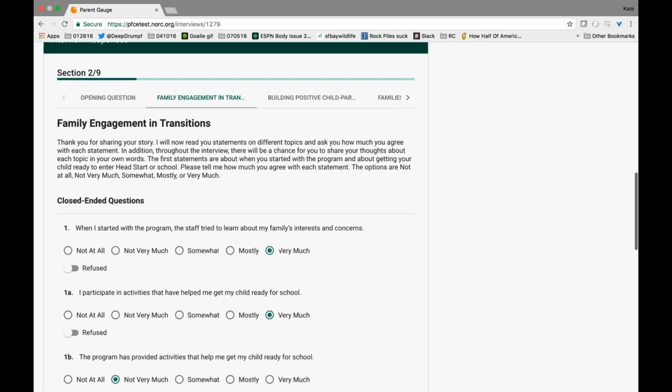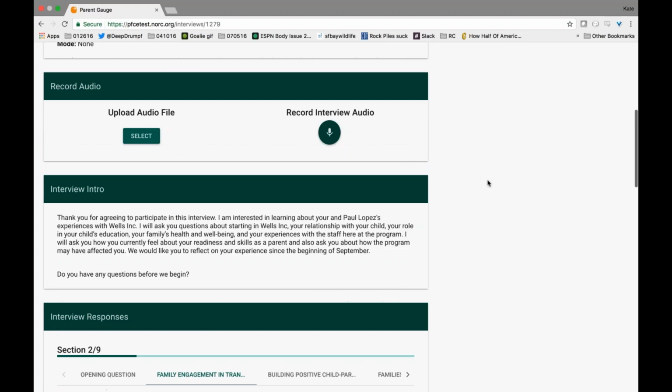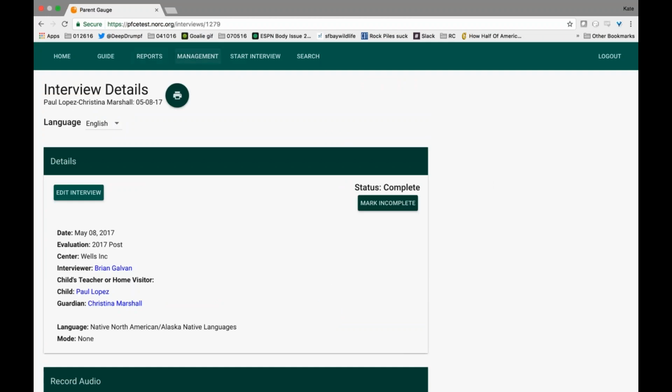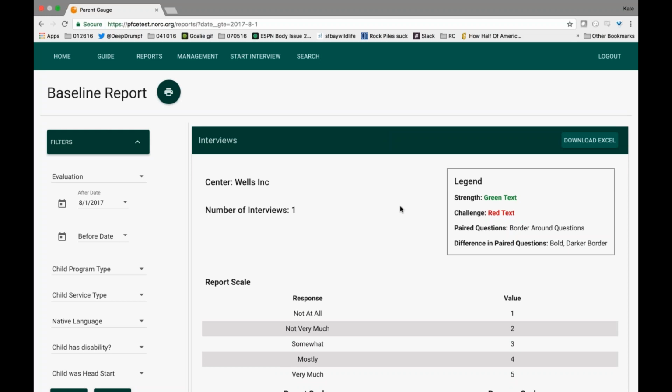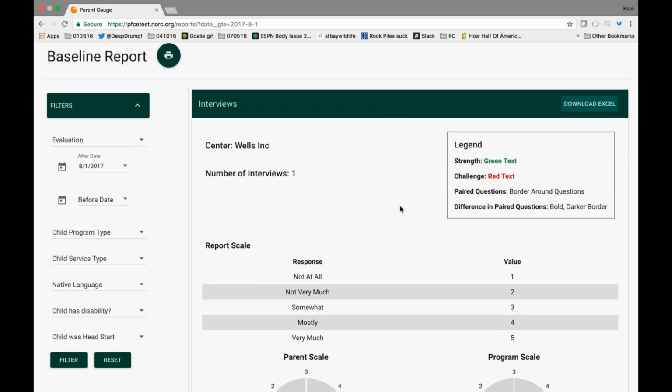Okay, so what I want to show you now are the reports that are generated from these closed-ended questions. As we mentioned, this is designed to have at least 2 points in time during your program so you can measure your growth over time. So we have 2 types of reports. One is considered the baseline. You can see here, since I'm a staff member, I'm only able to see my one center. This is designed so that if you were at the program level, you could actually see all of the